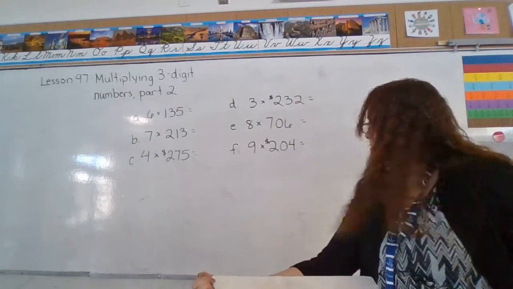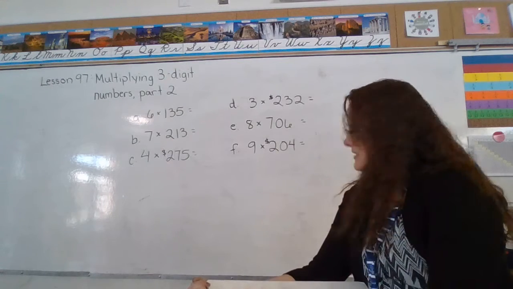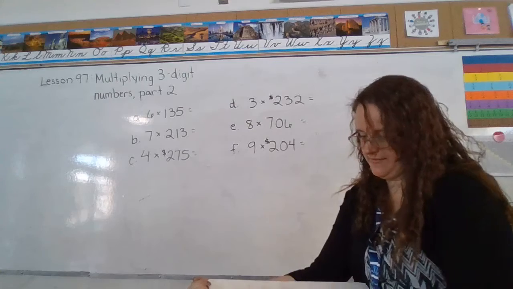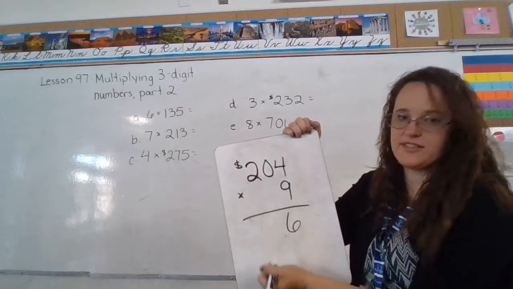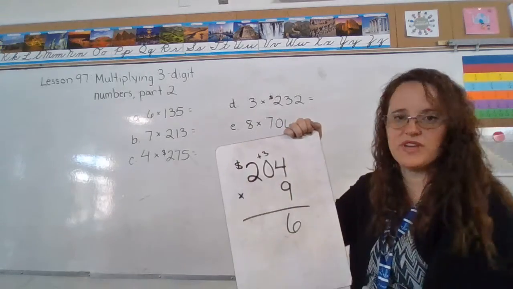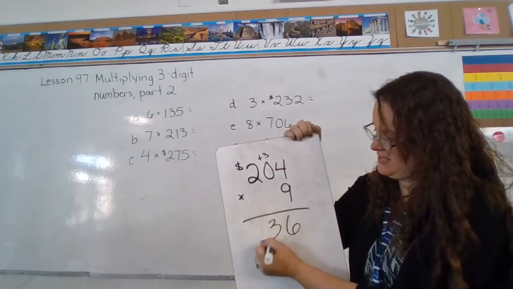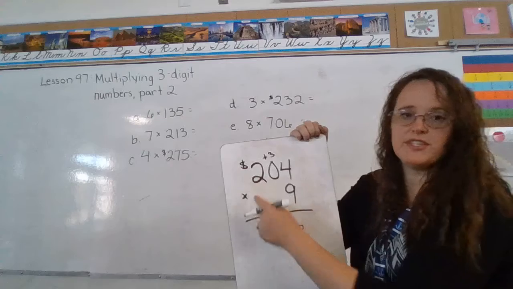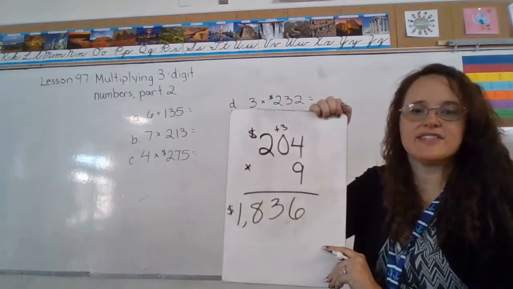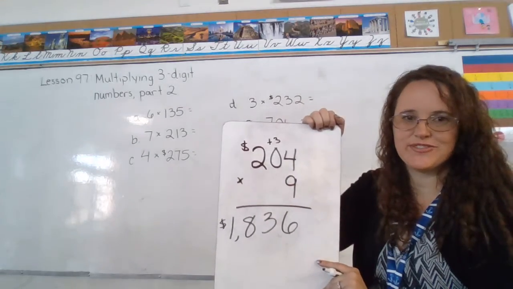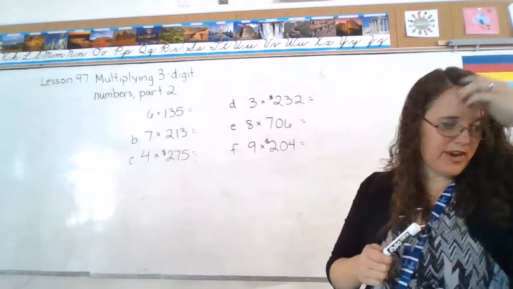And our final problem here, F, $204 times 9. So 4 times 9 is 36. Carry my plus 3. 9 times 0 is 0. Plus 3 is 3. And 9 times 2 is 18. So $1,836. All right, ladies and gentlemen, it is time for you to do your written practice, which can be found